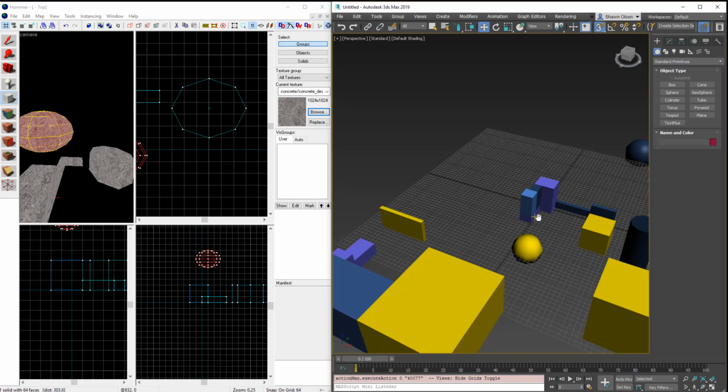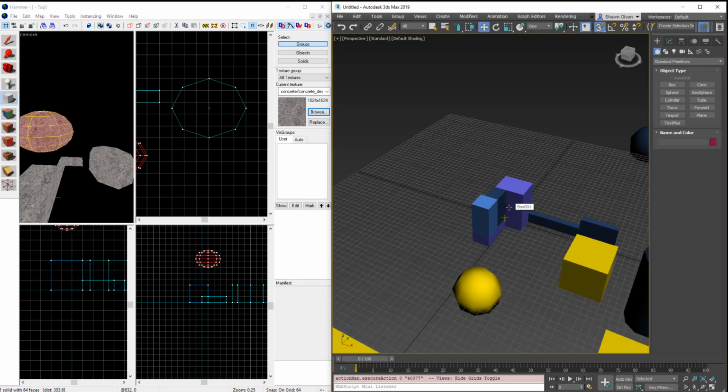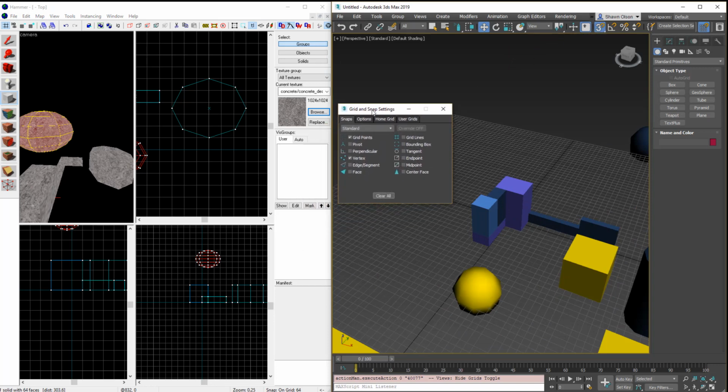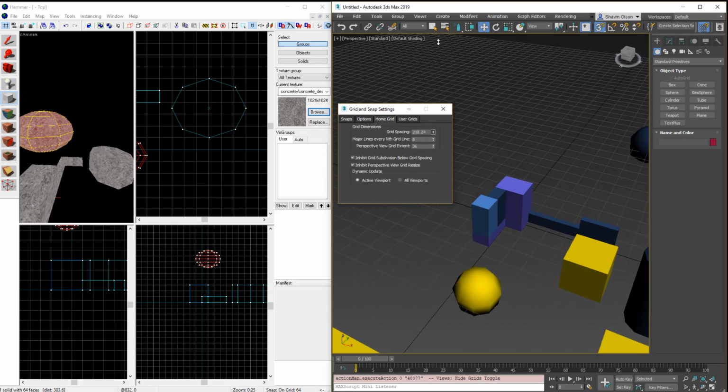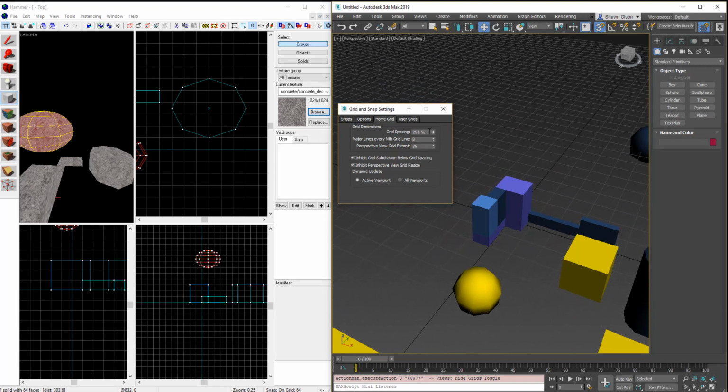You can do the same thing inside of Max, however, you'll have to set something up. First of all, if I right-click the 3D Snaps toggle, I bring up the grid snap settings. If I go to Home Grid, I can change the grid spacing here, and that will be the spacing. However,